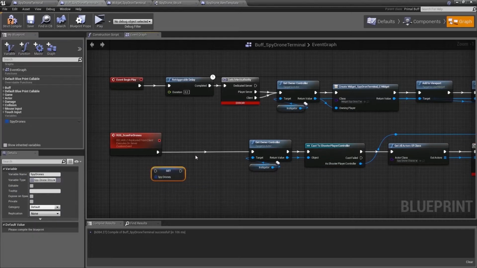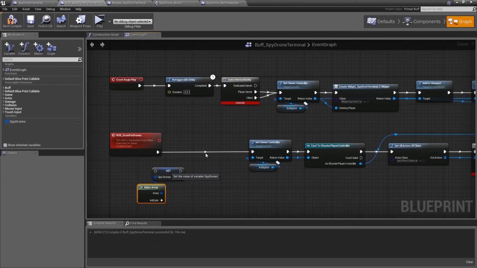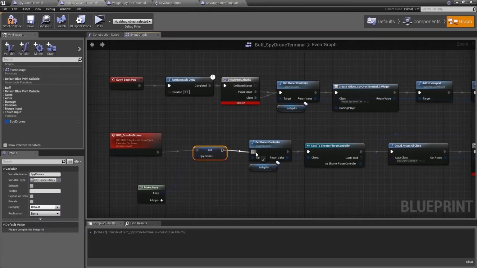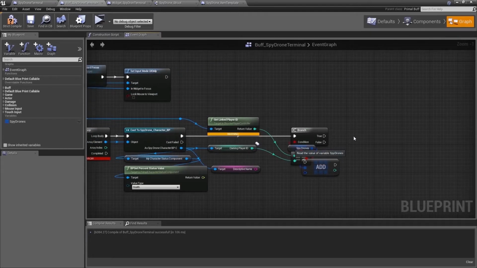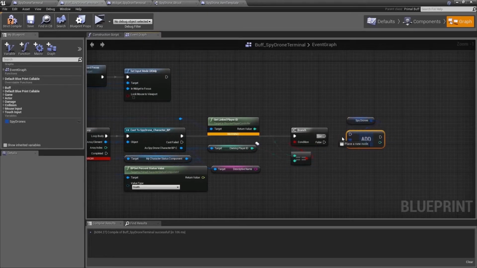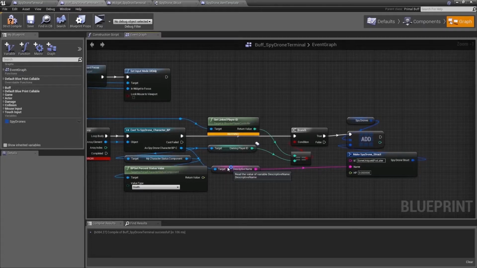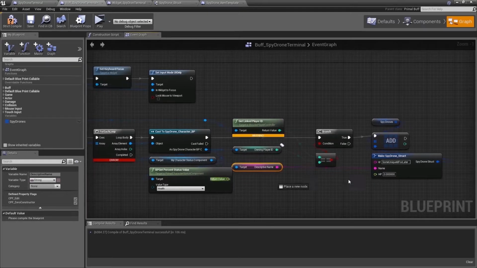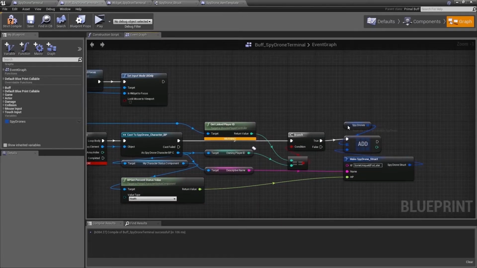Also, let's make sure that our SpyDrone list is empty, so we don't add the same drone to the list again and again on each scan. So with this, we made sure it's an empty array. We are going to use this ID in a future tutorial where a terminal will have multiple drones and not just this one. And now we have a list of the drones, but the list is currently only existing on